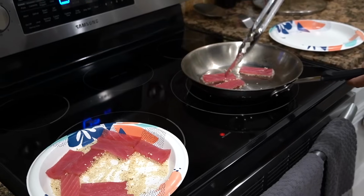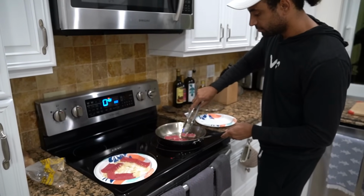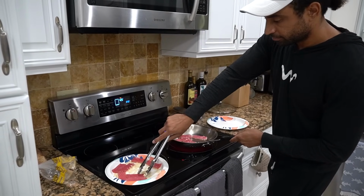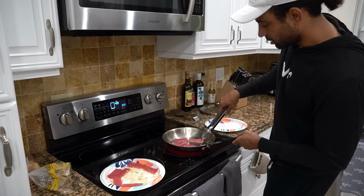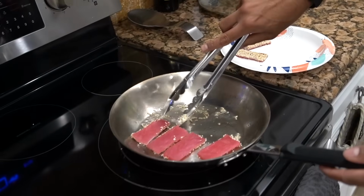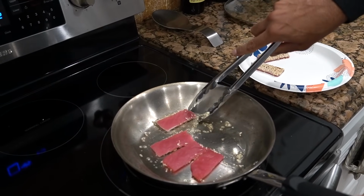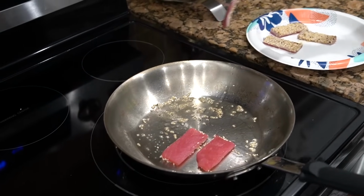You don't want to see the color pink go through the other side. That's the goal. You still want it to be pink on one side. So you really have to pay attention how you're cooking this. Boom, done, that's it. Flip it, done. This one, a little bit longer. You see that little bit of white on that rim? You start seeing that? Flip it, done, done,